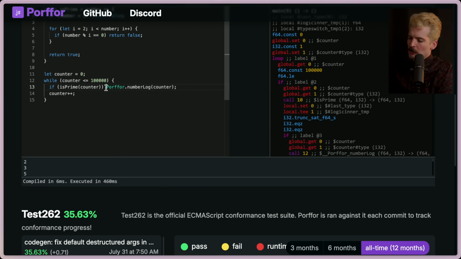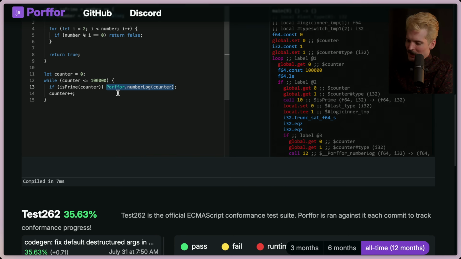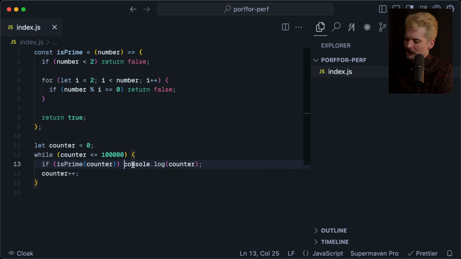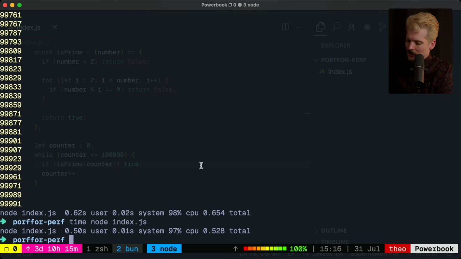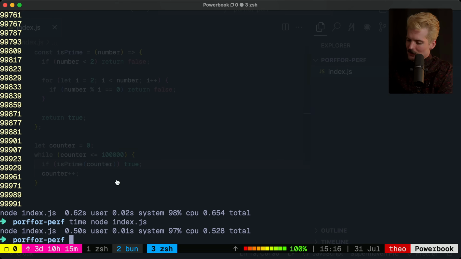just call isPrime and then don't do anything. Oh, that's actually slowed it down somehow. No, that's roughly what it takes. Cool. And if I kill the console logs, that tends to be the slow thing in Node. Now they're like neck and neck, 451 milliseconds versus 500 milliseconds.